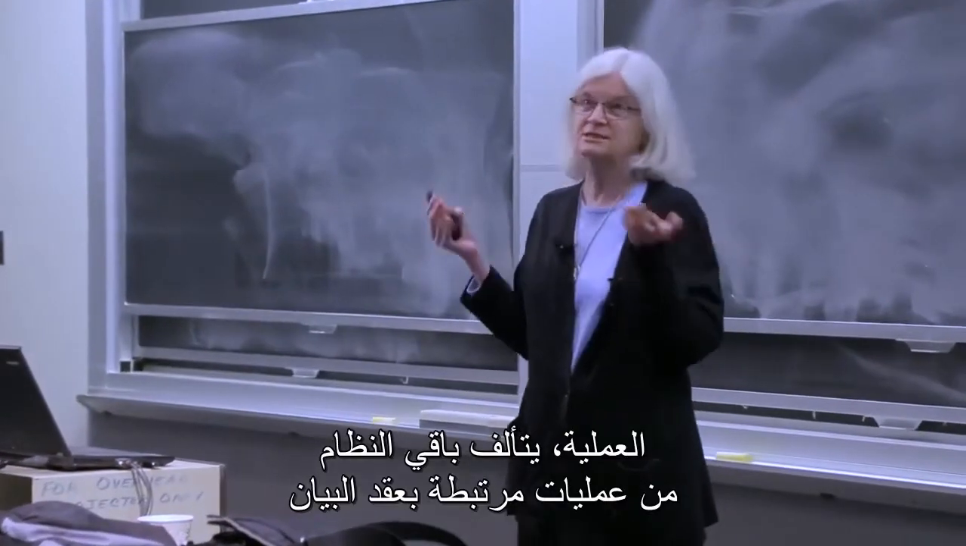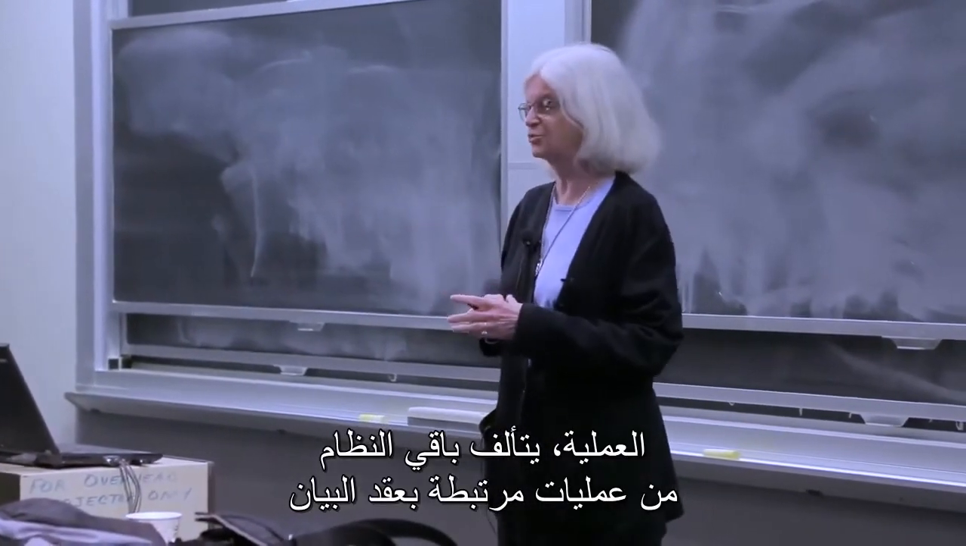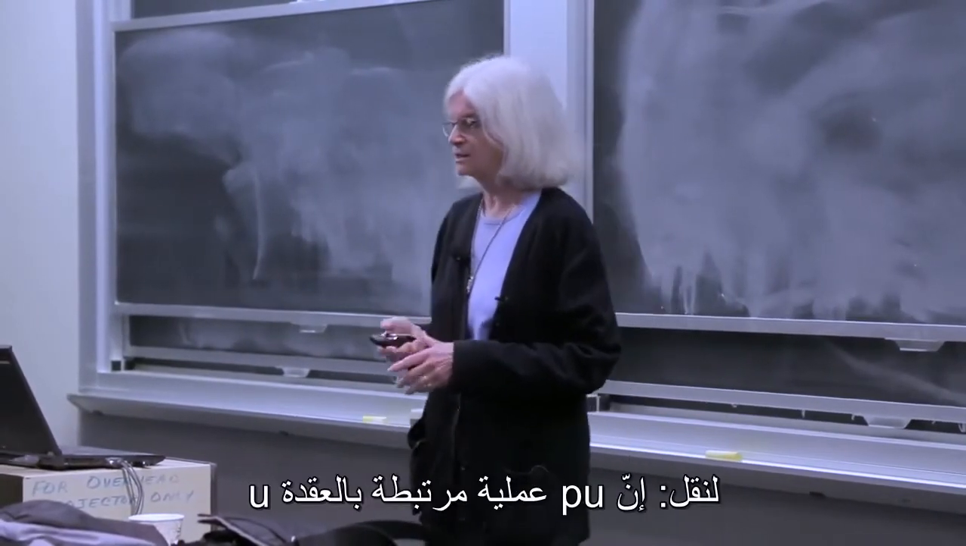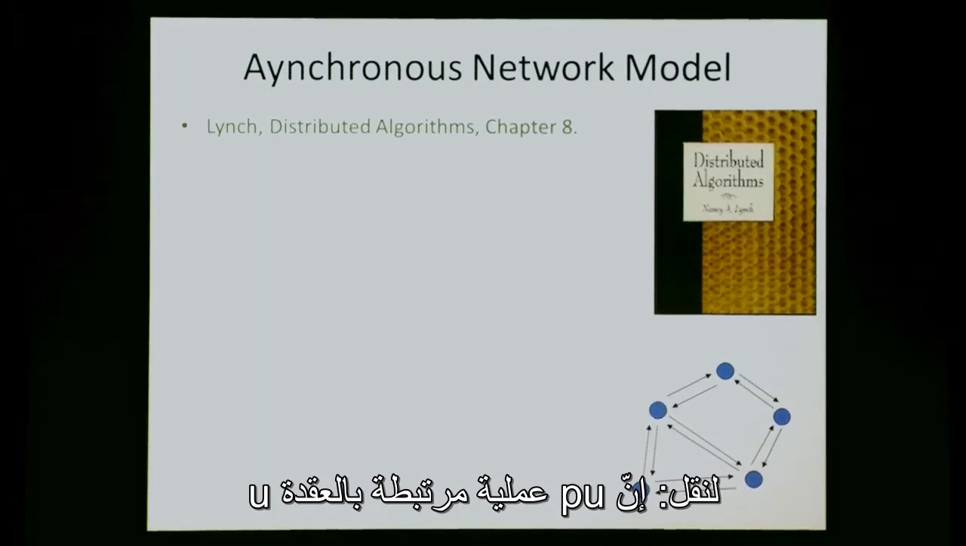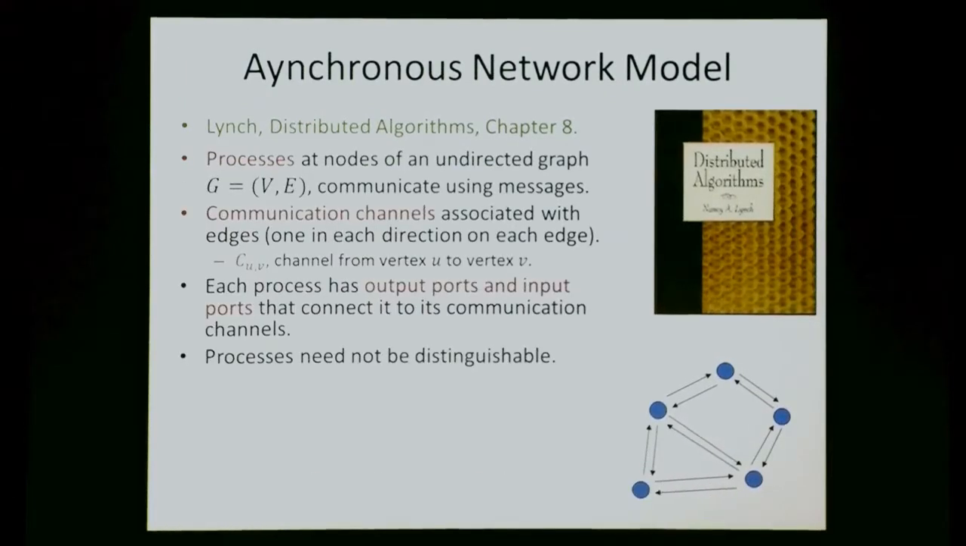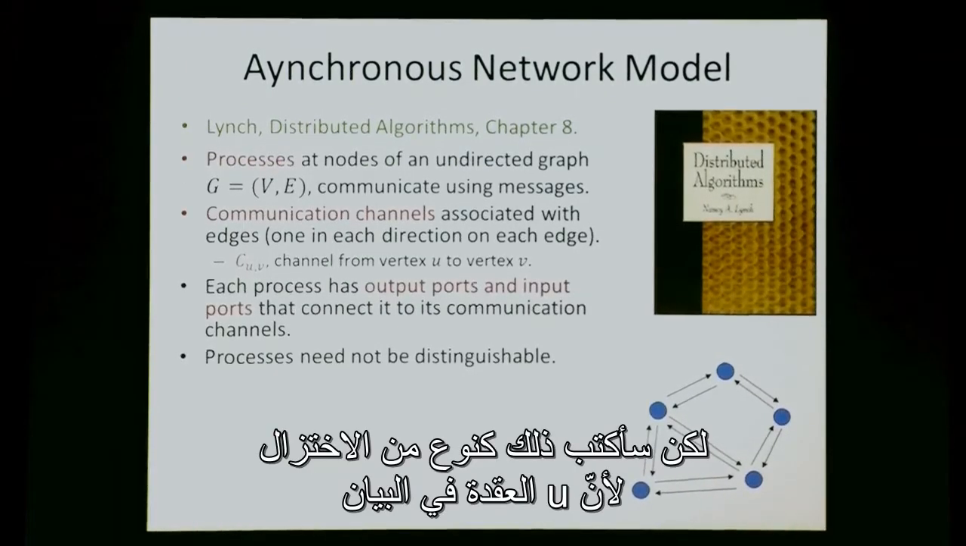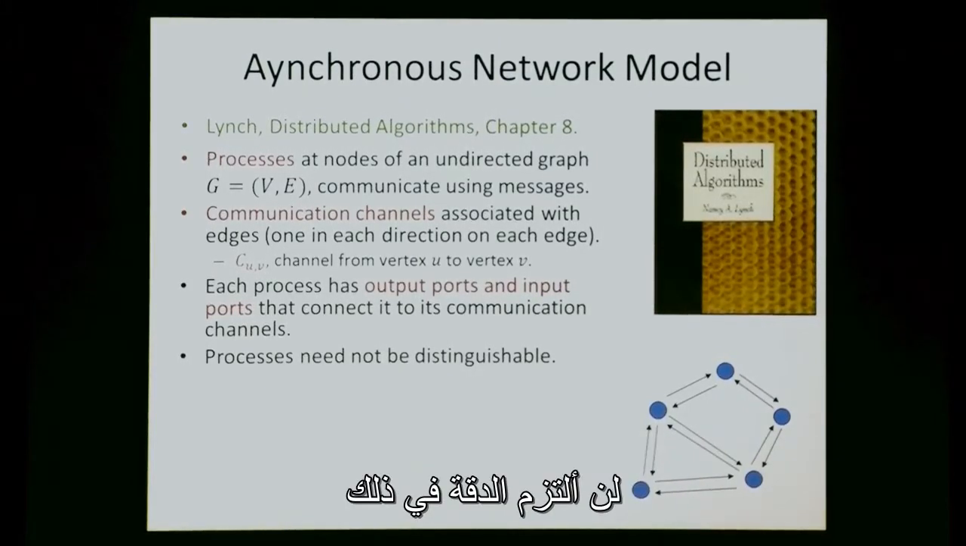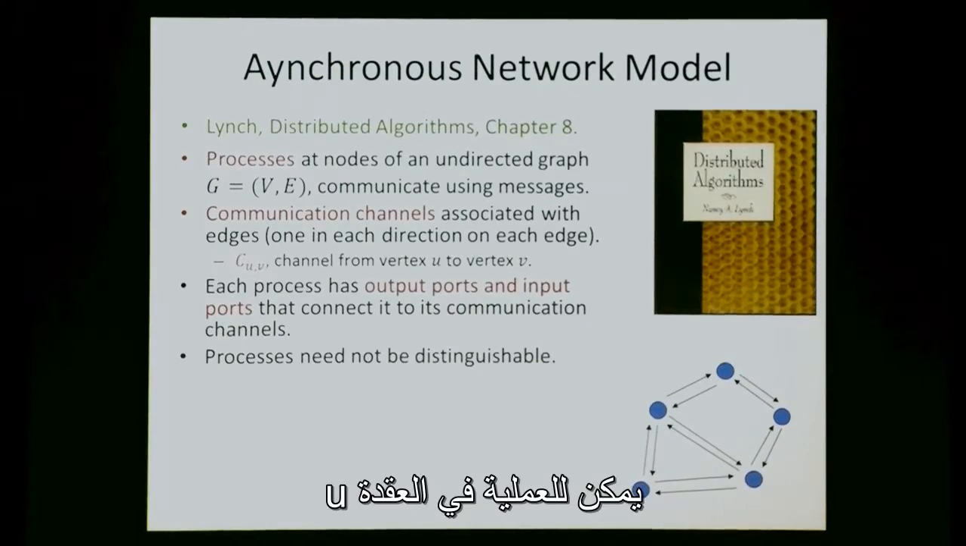Okay, a process. The rest of the system consists of processes associated with the graph vertices. So let's say PU is a process that's associated with vertex U. I'm writing that just as a shorthand because U is the vertex in the graph, and the process doesn't actually know the name of the vertex. It just has its own unique ID or something, but I'm going to be a little sloppy about that now. Okay, so the process at vertex U